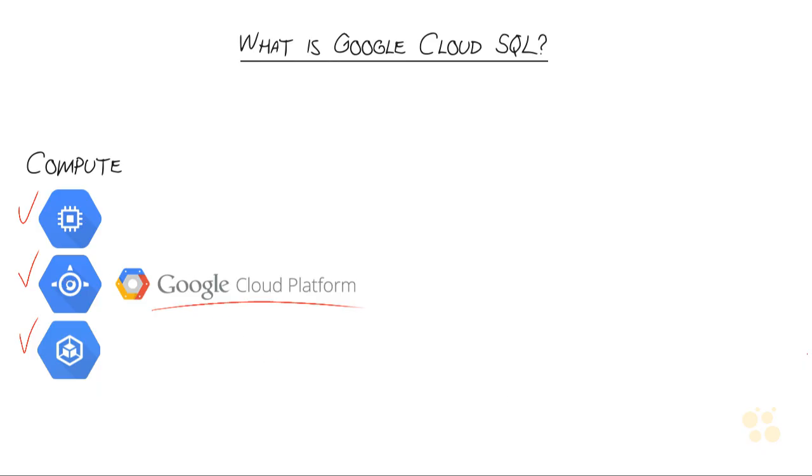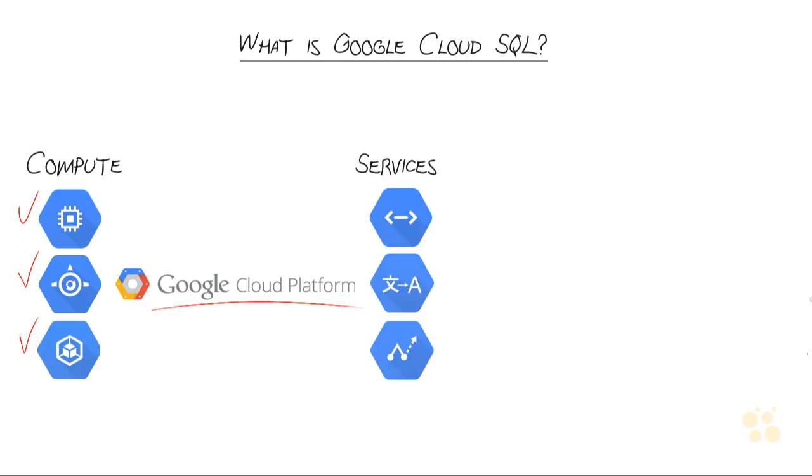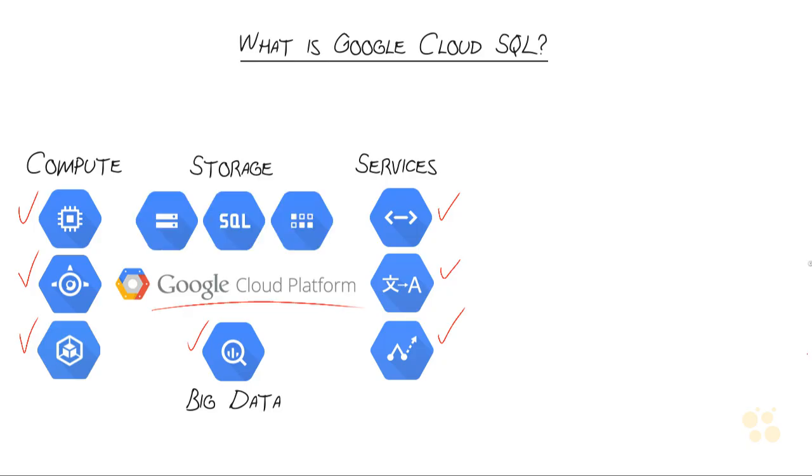They also have a suite of services they expose, APIs that you can relate to or call from your products, and these are inside of the cloud. They are Google PubSub, Translate, Prediction API. There's a whole bunch more of the services. This is just a few of them. They've got a big data solution, Google BigQuery, and that's used for analyzing huge amounts of data. And then they have a suite of products that they refer to collectively as the storage products. And those are things like the Google Cloud Storage, the data store, and the one that we're interested in, Google